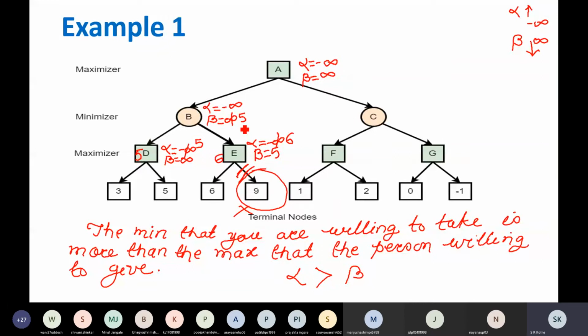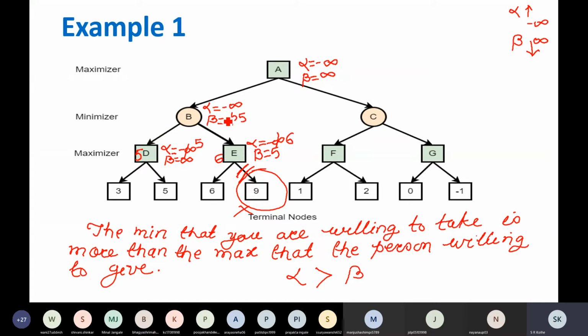Will it change at B? B is a minimizer node. So will that value change? No, sir. Why? What is the reason? B is a minimizer node. So therefore only the value of beta will be updated, which will remain 5.